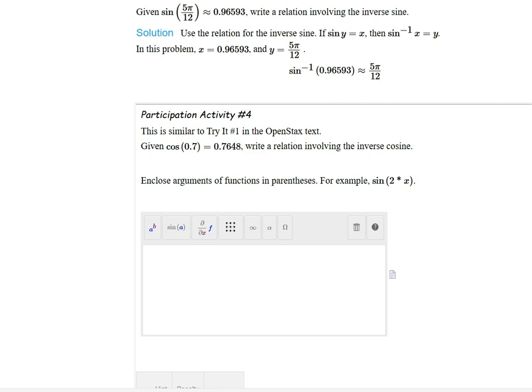So on this one, I would have to write cosine, and then, like I said, it looks like an exponent, so you'll use the exponent button. Oh crap, I'm supposed to put cosine in there. All right. Or I can delete it. Nope, it won't let me delete it. Okay. So hit A to the B, and then where the A is, type COS, and then scroll up, delete, hit -1, scroll back down, and then put it in parentheses,